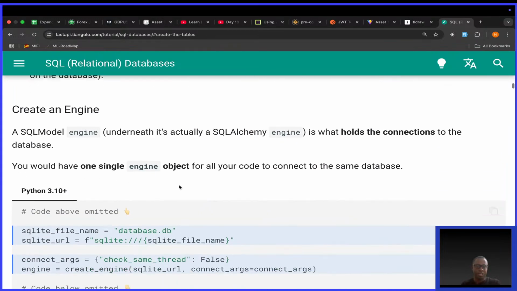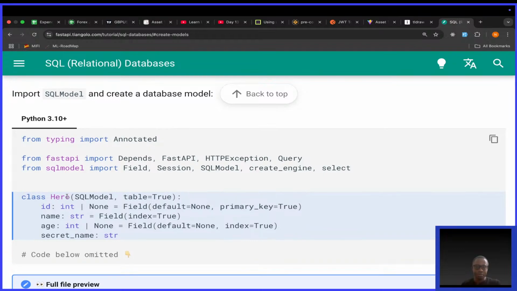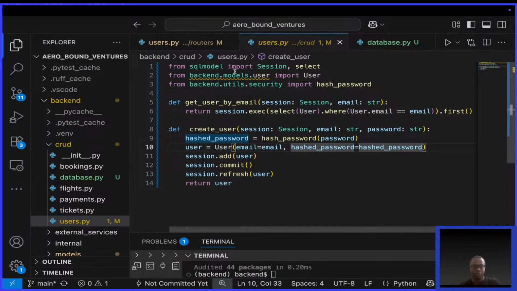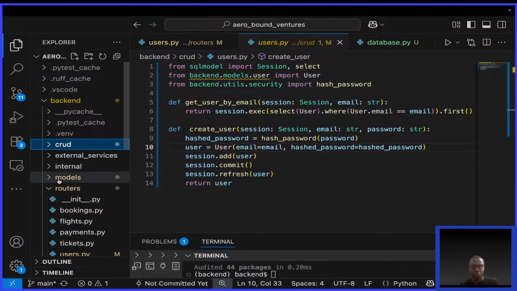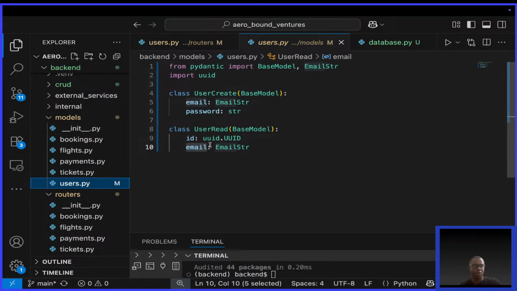But they have to be Pydantic models, with table=True. So SQLModel is simply also a Pydantic model, if you remember what we learned in the live streams. And if you didn't know, now you know. So I'll go back to the code and go to models, users.py, and try to create